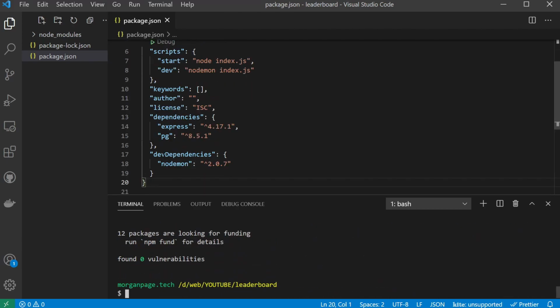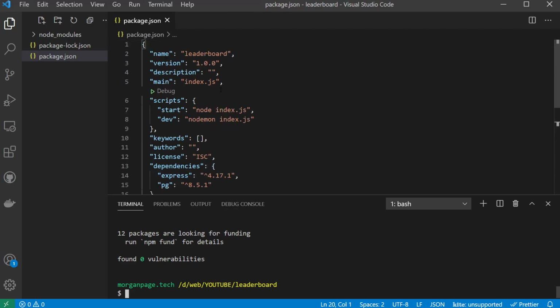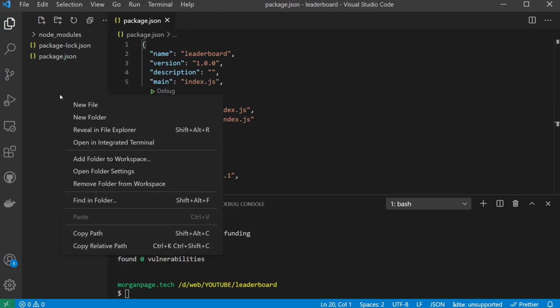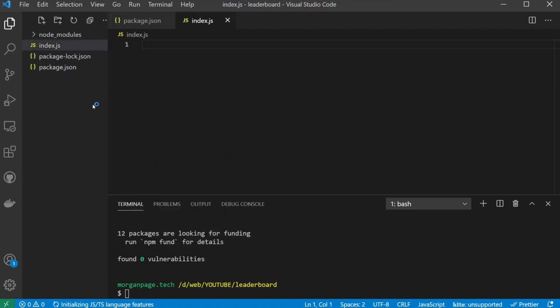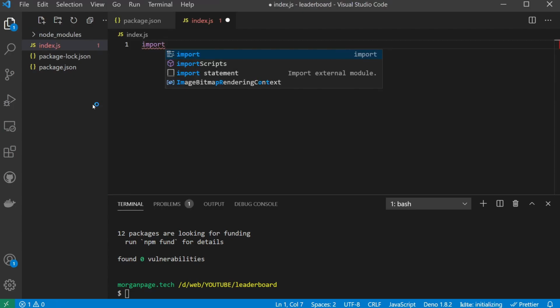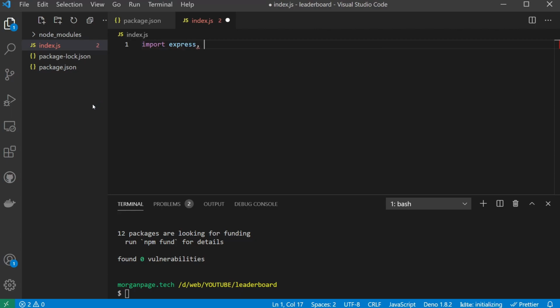And as you can see, we've got our dev dependency there of Nodemon. So we're going to go with the flow and have index.js as our main file. So if we just do new file, index.js, and we want to import Express, comma, and JSON from